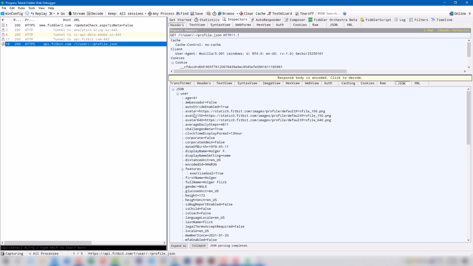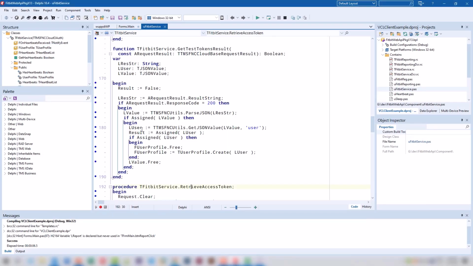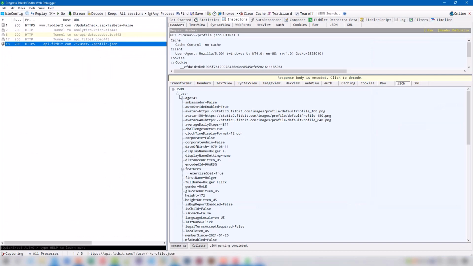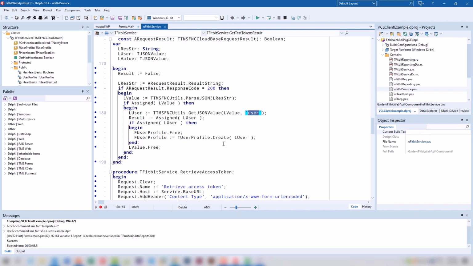So with that in mind, we then can simply check, like it is explained in the documentation, if we can find the JSON value user, which you see right here. If that is found in the result, we can set result to true and go on. I added something else in the source code of the component, which I will not go into in this video. I also added a class for the user profile information, but that is nothing new for you.